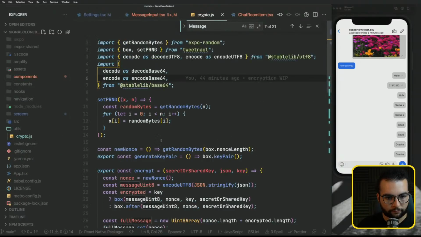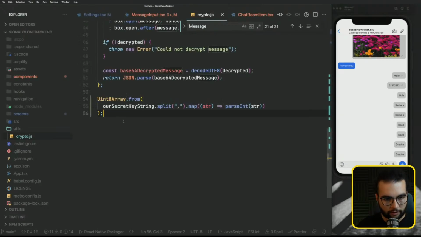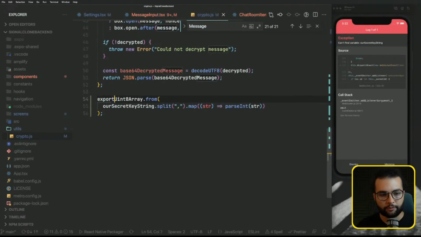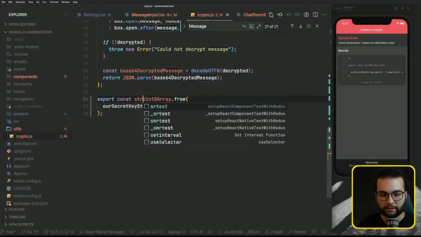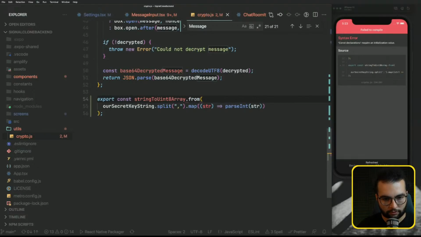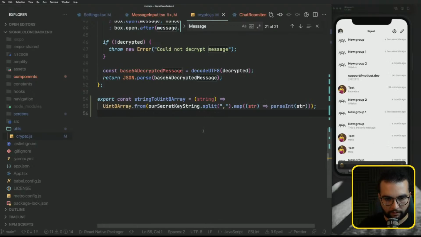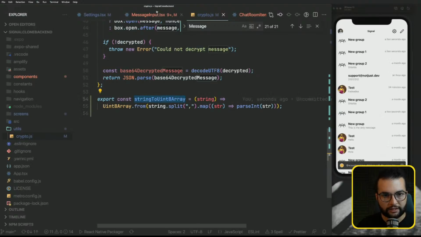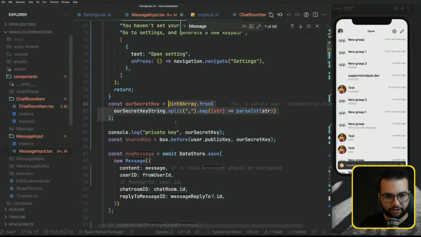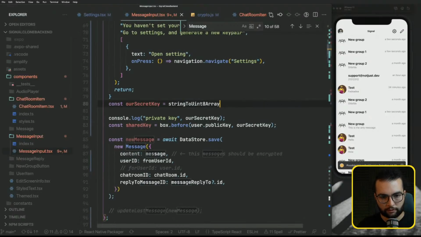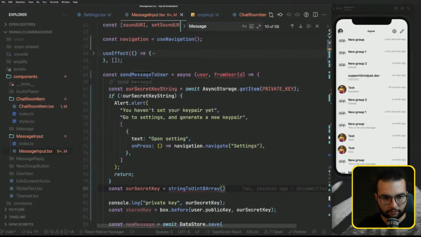utils crypto? Export const string to Int8Array equal string, and it returns that one, string. So let's import it here in our message input, string to array, and we will send the